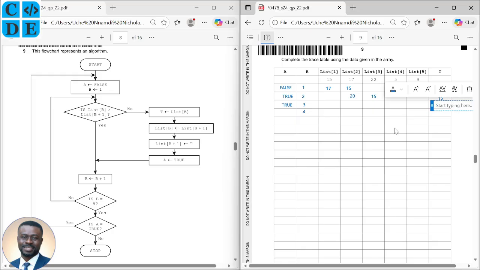Oh, sorry, not there. Please, let's take note. So we're taking it here. We're dropping list 4 there, and the content of list 4 is 5. So we're dropping 5 there. Okay. So the next thing we need to do now is that